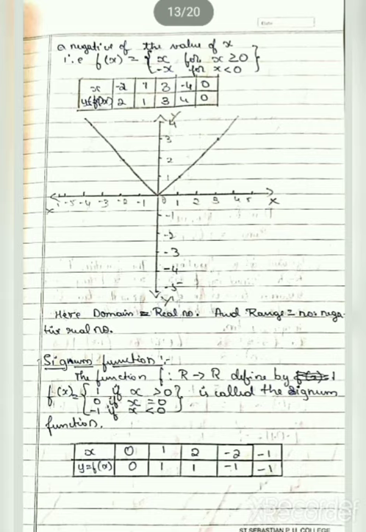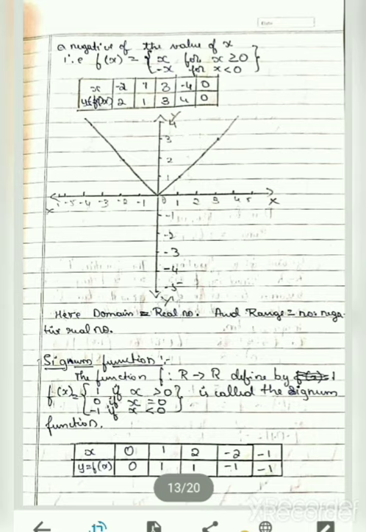You will get a graph shaped like a V as shown in the figure. And if you write the domain and range of the function, what is the domain? What values can be given to x? All real numbers. See, the graph is on both sides of the y-axis, which means x may take any value. See the graph and observe the values of y.